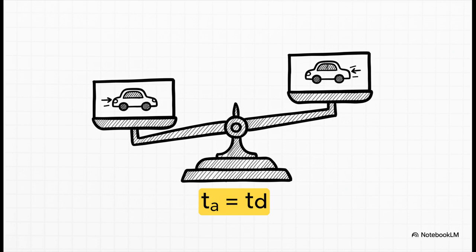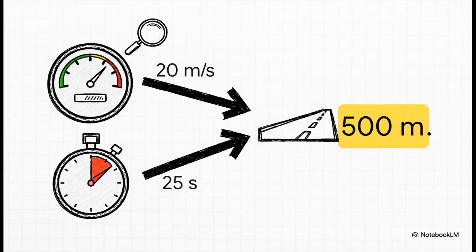And that lets us simplify our time equation to tau equals 2 times t sub a plus t sub u. Much cleaner. All right, next up, let's figure out the total distance. And this is where that average velocity clue from earlier becomes so powerful. We can just rearrange that definition from our toolkit. Total distance is just the average velocity times the total time. We plug in our numbers, 20 meters per second times 25 seconds, and bam, we get a total distance of